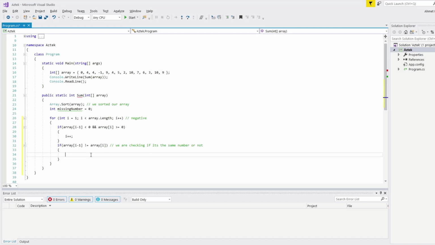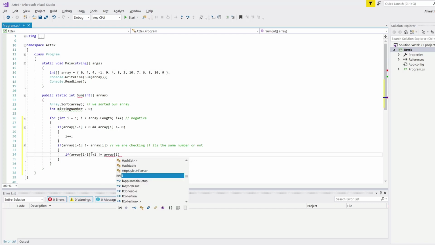So basically array i plus 1 is the missing number. Let me write it down, you're going to understand it better. Let's write i minus 1. If we look at our explanation, our i is 1, so we are looking for this, and if I say plus 1 isn't equal to array i,